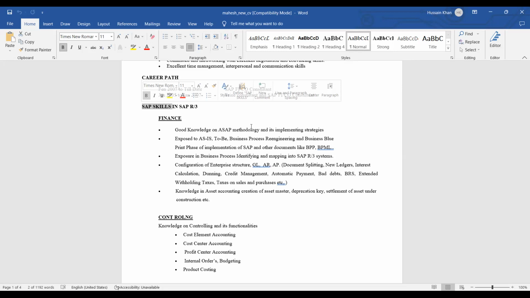You should have the idea, you should have the knowledge of what exactly the interviewer is asking, irrespective of whether you are experienced or you are a fresher. Even though you are a fresher, if you know the answers to the questions being asked by the interviewer, then you are good to go for that position. So in the first column, you simply mention the skills which you are aware of, right? The finance part and the controlling part.